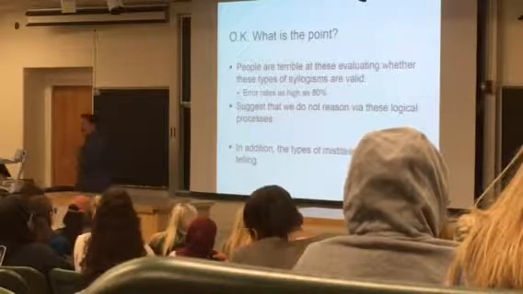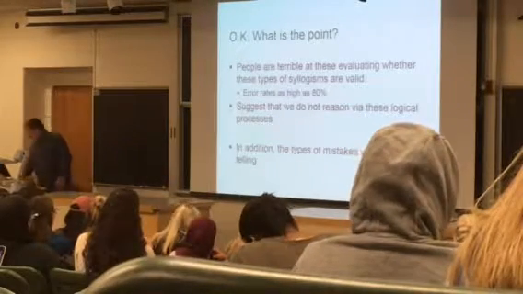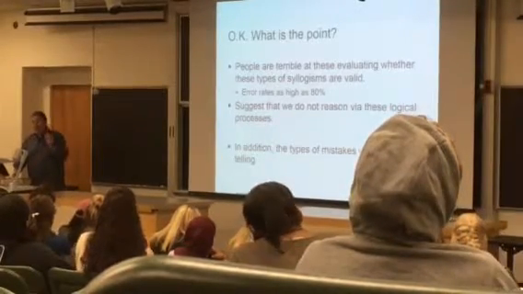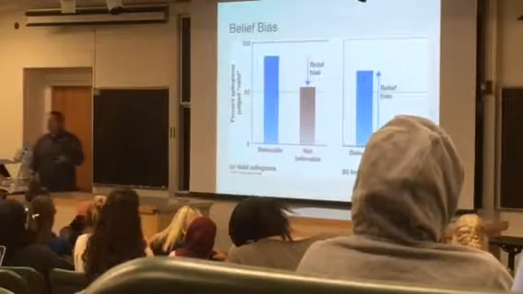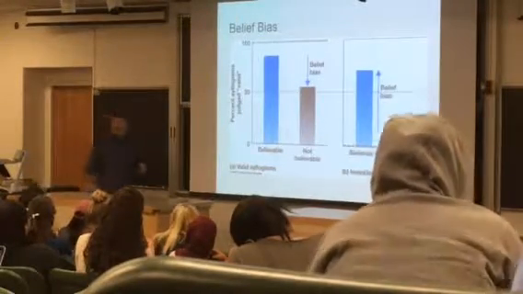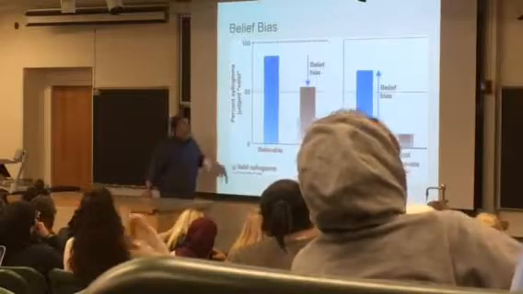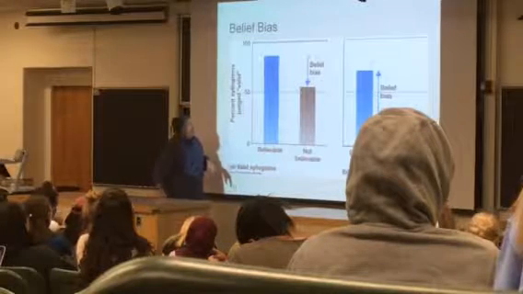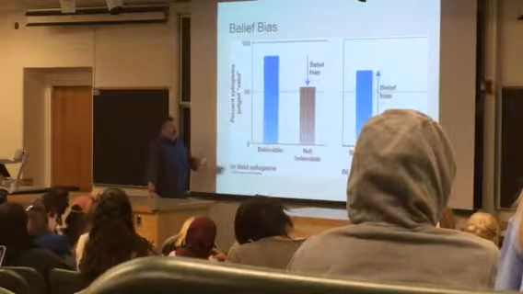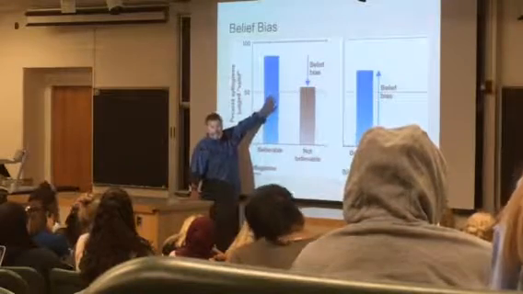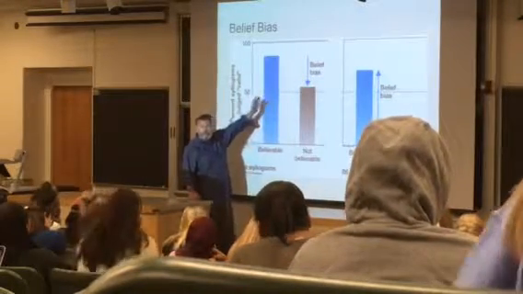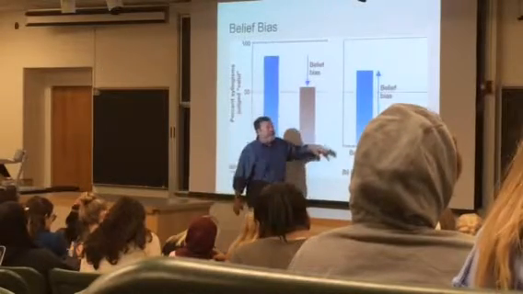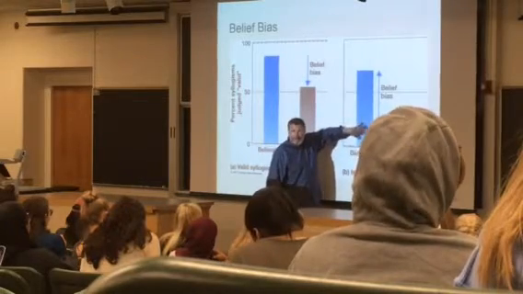Because the conclusion, in the first case, seemed unbelievable, in the second case, believable. And when you divorce logical validity from truth, what you find is a belief bias. Where people, if they believe the conclusion, will rate a syllogism as valid, pretty highly rated as valid, if it is in fact valid. But if they believe the conclusion, they'll also rate an invalid